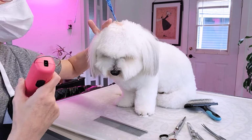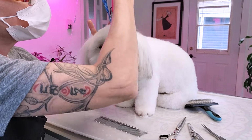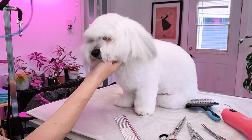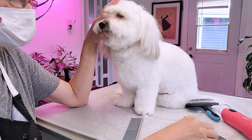Then I'm going to pull back on that hair here to give myself a little more wiggle room to get a little more of that hair. So once that's all done, that's the first step, okay? Second step, I like to take this off, and I'll be combing the bottom part here